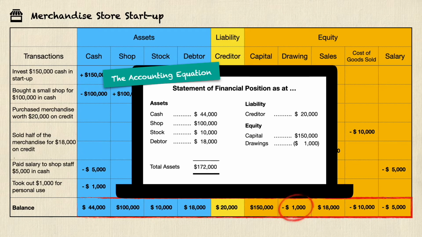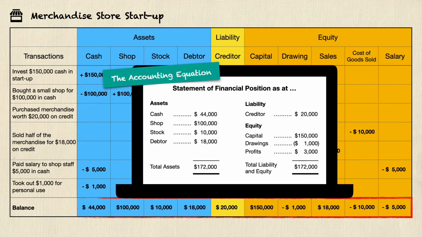As for revenues and expenses, we will only report the net profit of $3,000 taken from the income statement. This will give us a total liabilities and equity of